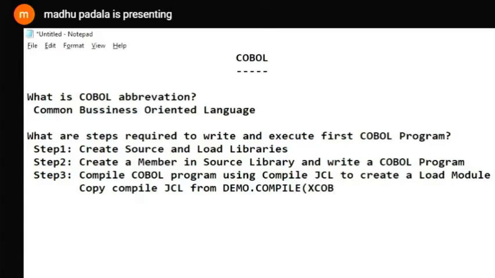There is a JCL xcop. This is a compile JCL. Or else copy xcop. This is a compile JCL.